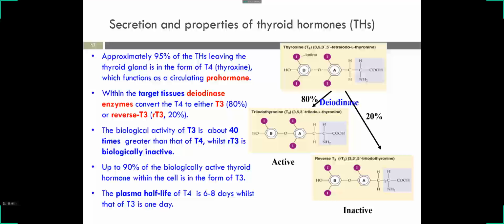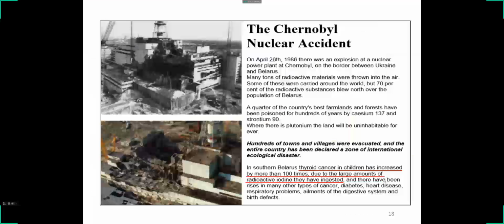The only problem with this prohormone is going to be exemplified in the next few slides. This idea that the prohormone has such a long plasma half-life becomes a problem when you start talking about nuclear accidents. So many of you were probably too young to know or hear about